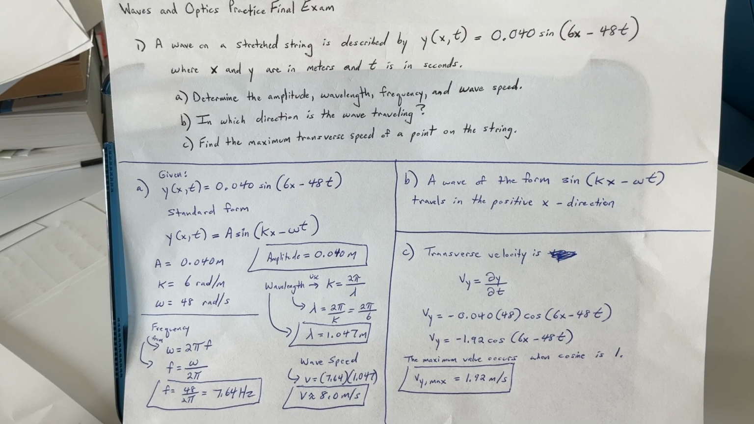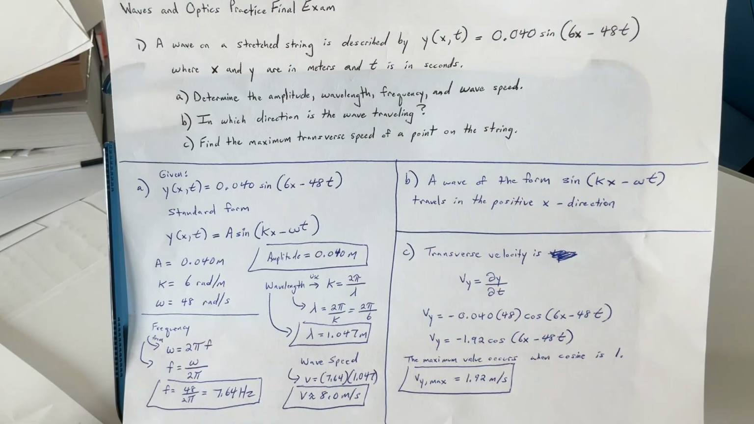Okay, we're going to go over the waves and optics practice final exam. Let me get right into it. 13 problems. So, number one, a wave on a stretched spring is described by y of x,t equals